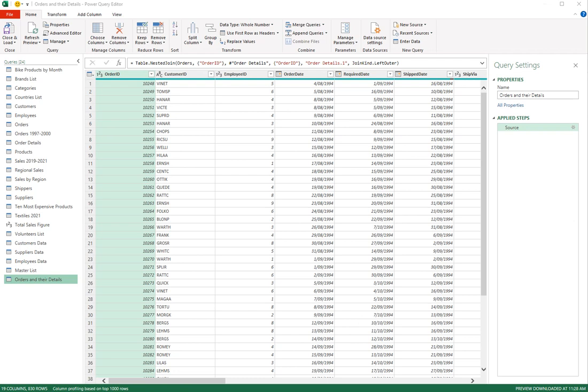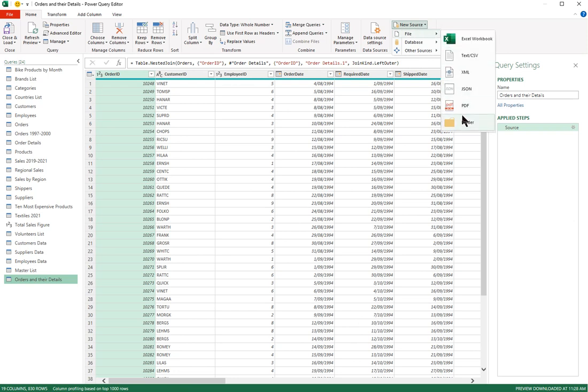Now, if you've got a whole lot of Excel files or a whole lot of text files, and they all have the same layout or the same schema, what you can do is ask Power Query to create a new query which combines the data from all of those files into one single query. So to demonstrate this, on the Home tab, I'm asking you to choose the New Source button and go